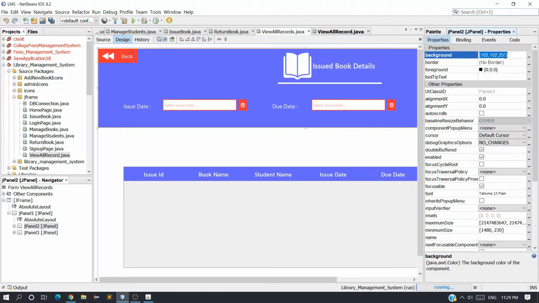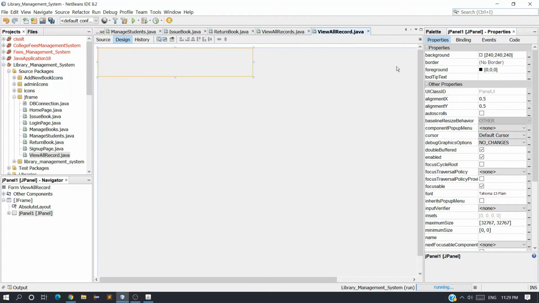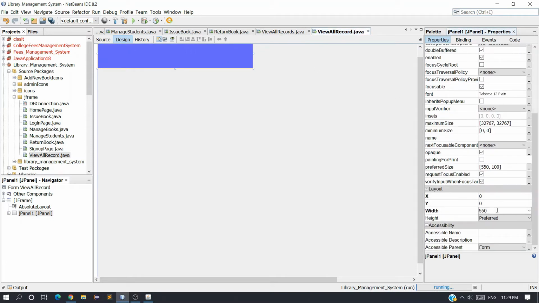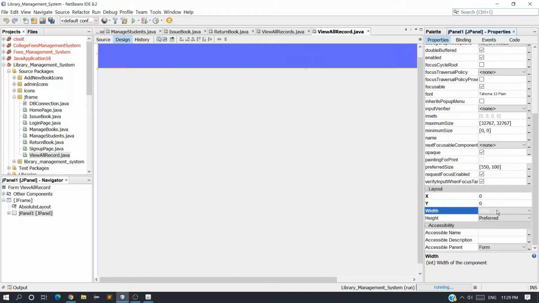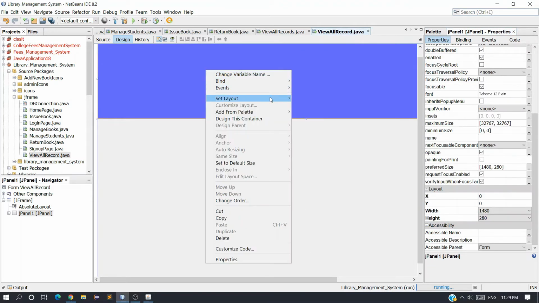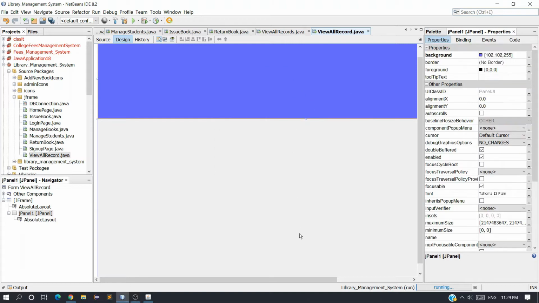So 102, 102, 255, and come back here and just paste this color RGB value here. Now we need to change the width and height. So come here, and width I want to take as 1480 and height is 280. Done. And also set the layout as absolute layout.